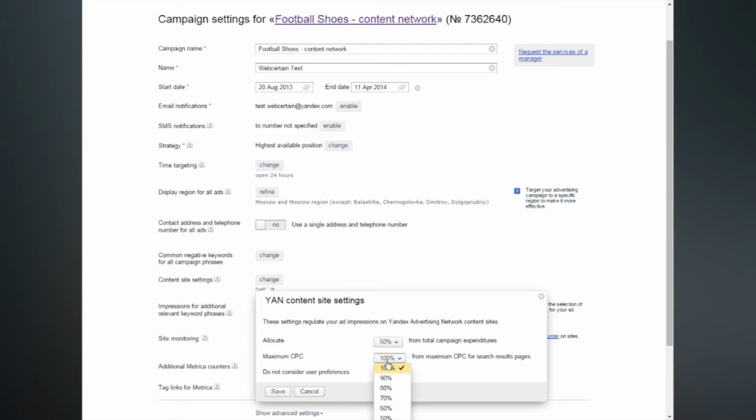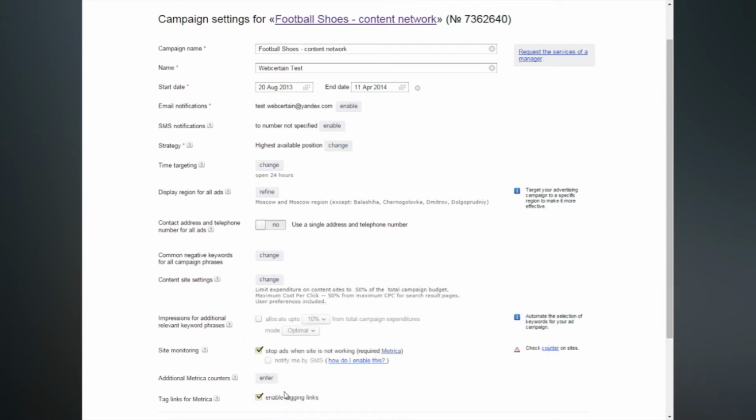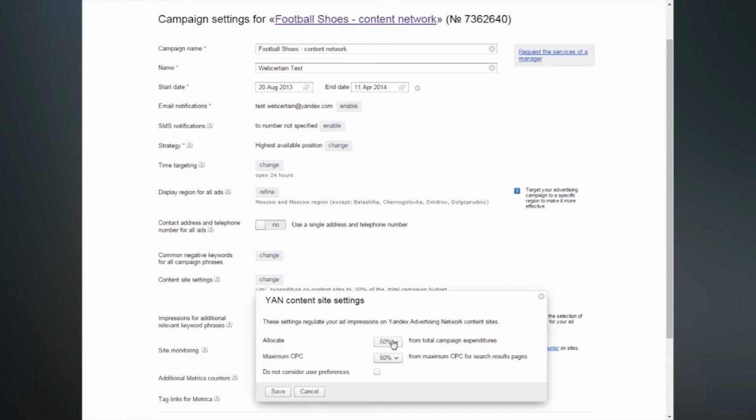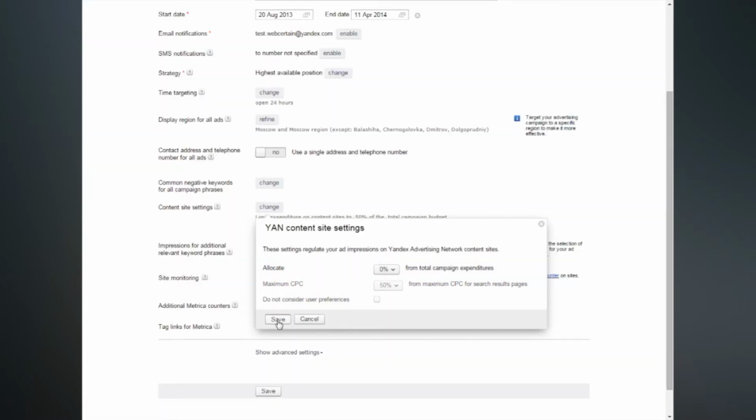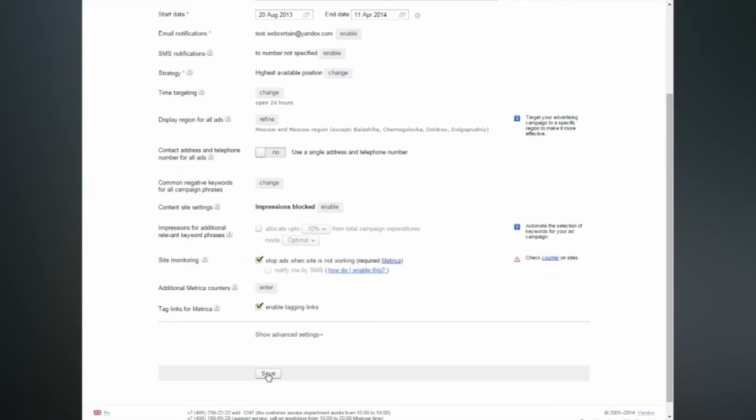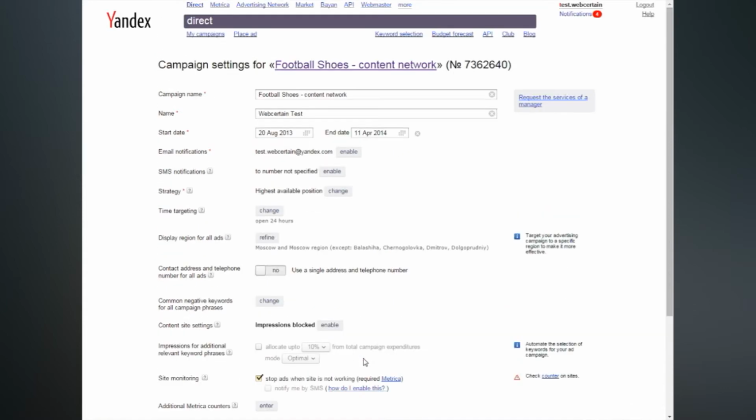You can also change the maximum cost per click if you wish to bid lower for the content network, and you just need to click Save there. You can also switch off content sites using that option. So once again, you click Change, and then you allocate 0% to your content campaigns, and click Save again.